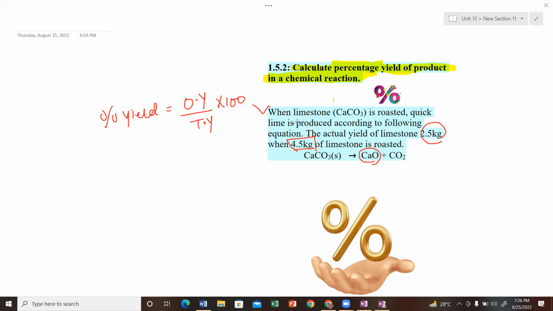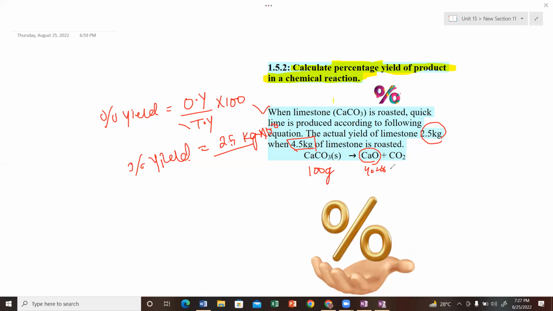So if I put the values first here so that you can understand, you have to find out percentage yield. Observed yield is 2.5, it is in kg. Remember, units are very important. And theoretical yield, we don't have theoretical yield, 100 would be constant. Now, to find out theoretical yield, I told you there is a stoichiometric calculation. According to stoichiometry, 100 gram